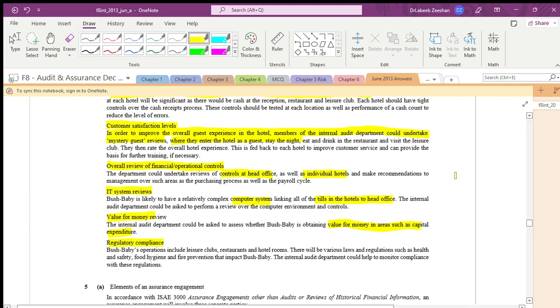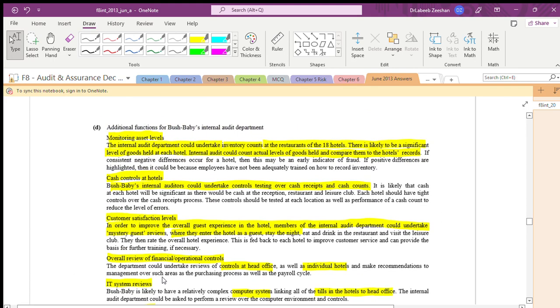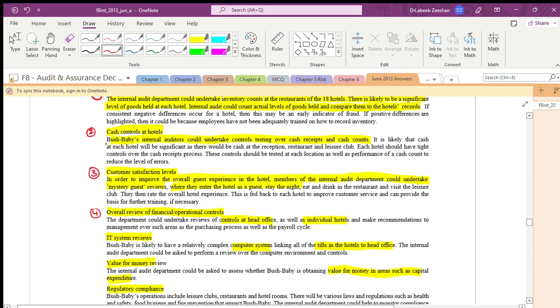Internal auditors can do these audits. They can work on monitoring asset levels, controls and customer satisfaction. They are talking about operational and financial audits. They are talking in terms of systems audit, value for money, and